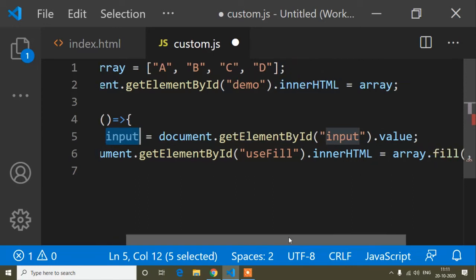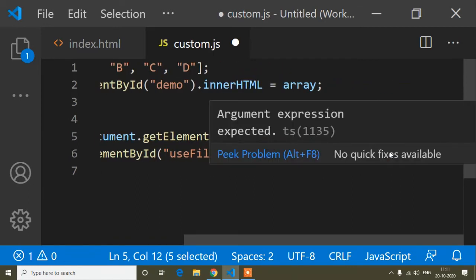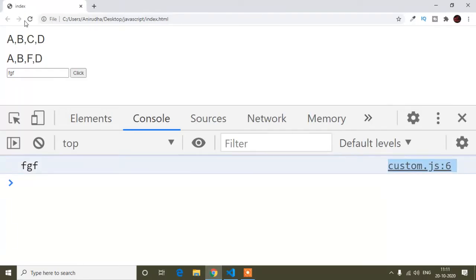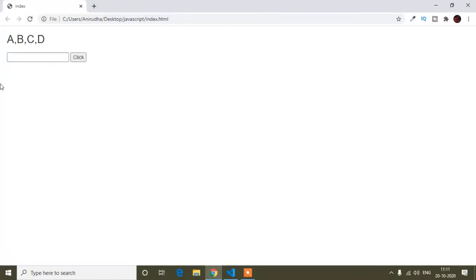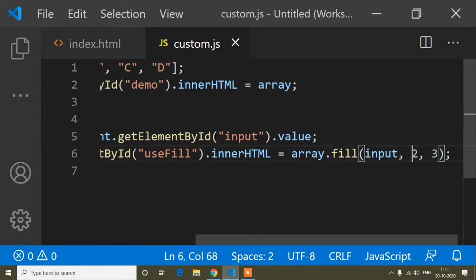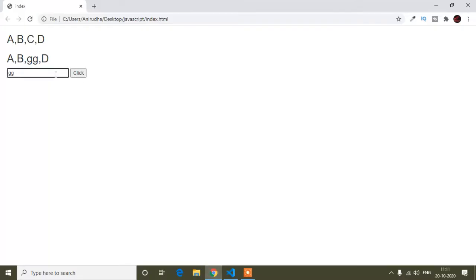Okay, so instead of this static value, if I put here the value of the input which I will type in the input text, it will change as per my requirement. Suppose here I write gg, you can see it's changing to gg, because it will be changed only at the second position, so that's why it's changing only the second position. Okay, you can see it's changing again. If I write here h, you can see it's changing h.